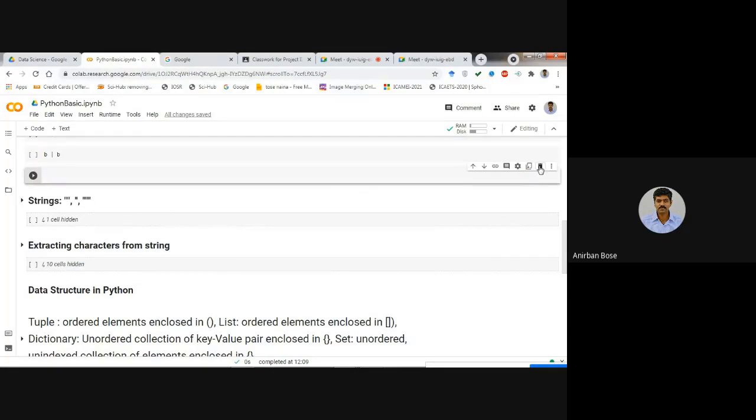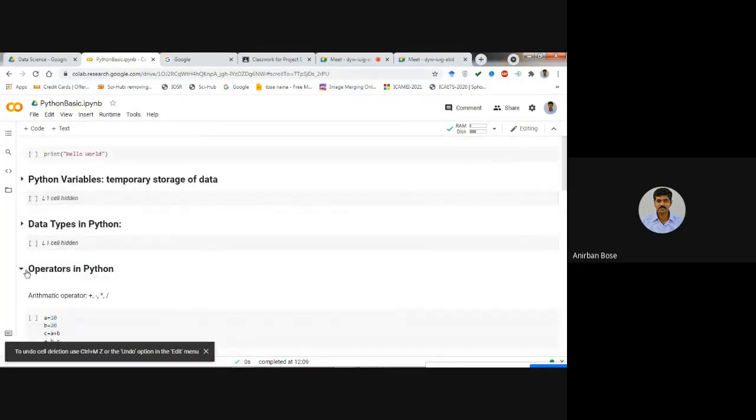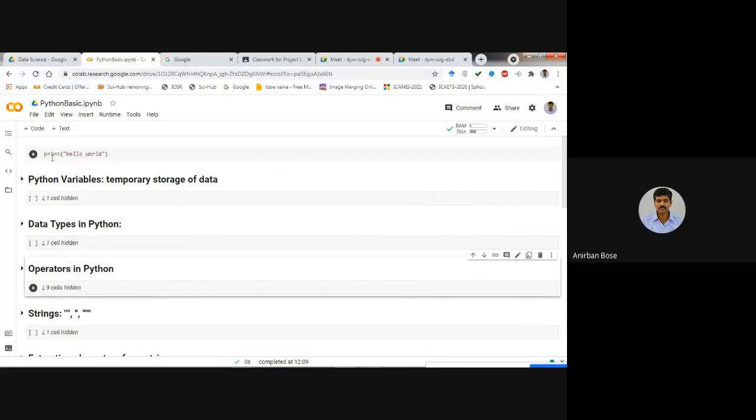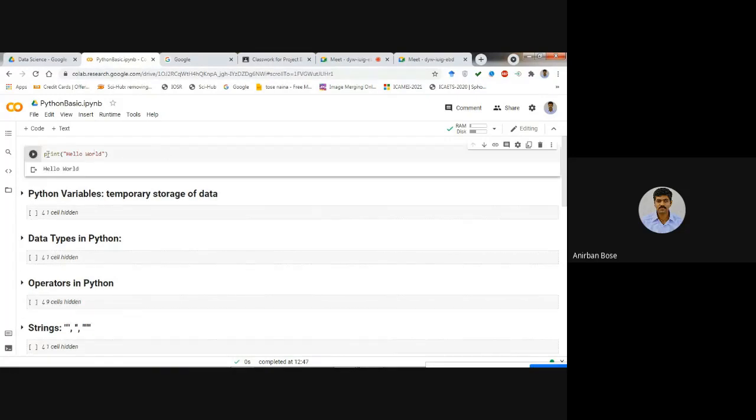So print hello world, and now to execute this line of code, what you have to do is just click on this. You will find the run cell option, or you can press control enter, and you get the same thing. If I click it, you see that it executes this line of code and shows the output as hello world. So I think everyone has written this first line of code and you can see your output.